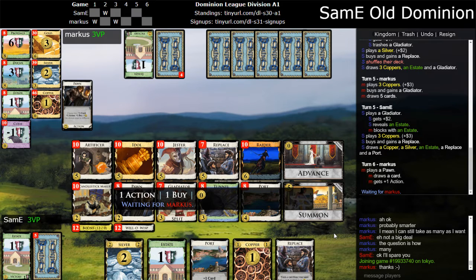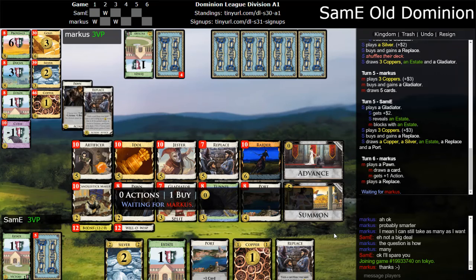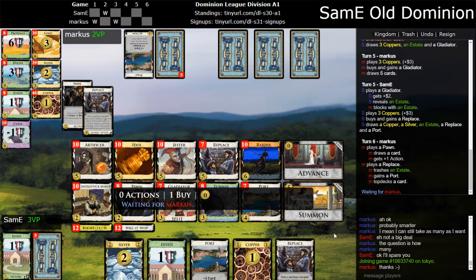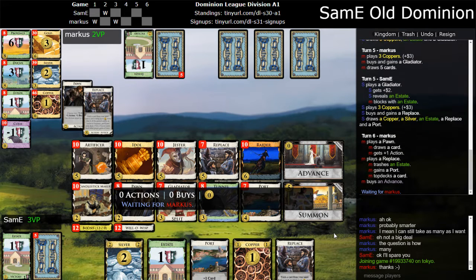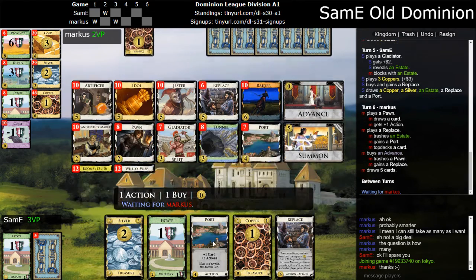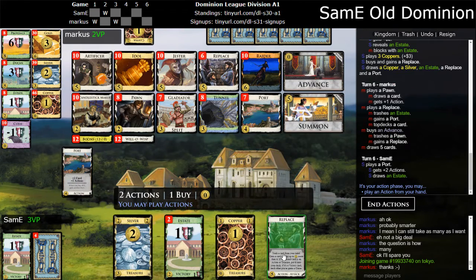Okay, so I'm replacing an estate into... is it just a port? Or is it a silver? I think it might just be a silver, actually. He takes a port. He's definitely going for the actions. He gets his second replace. Okay,